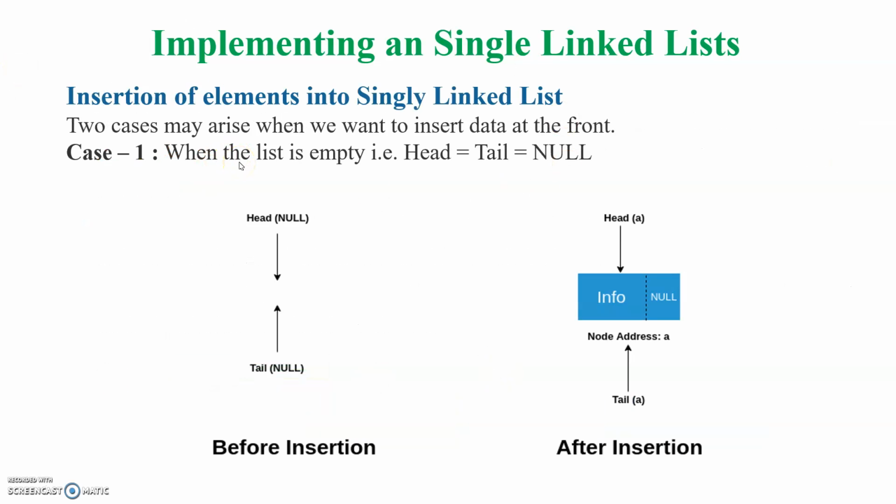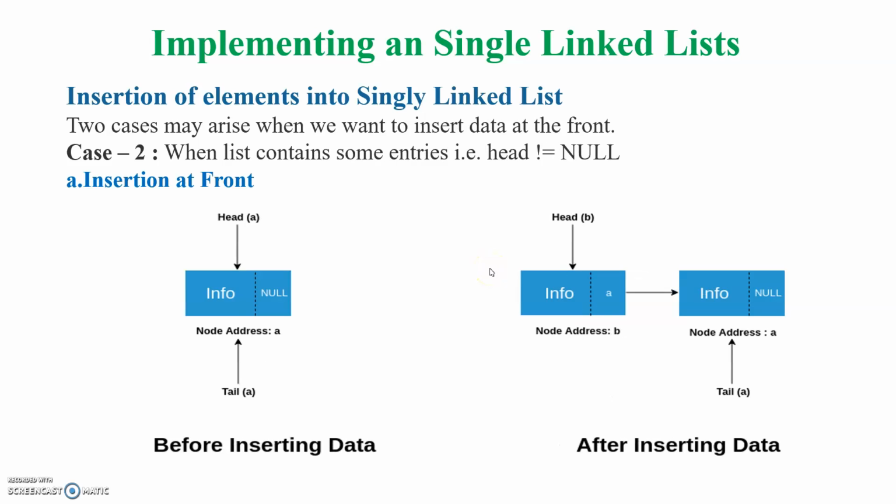So now we are going to see how an insertion of an element in a singly linked list is going to happen. Here we have two different cases. In the first case, we assume that the linked list is empty. It means head and tail are going to point to null. It means there is no element in it. In this diagram you can understand, before insertion there is no element and I am going to insert an element. So a new element A is created and the head and the tail point to the same element.